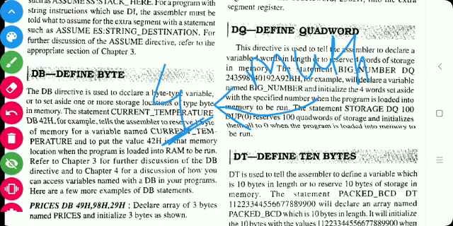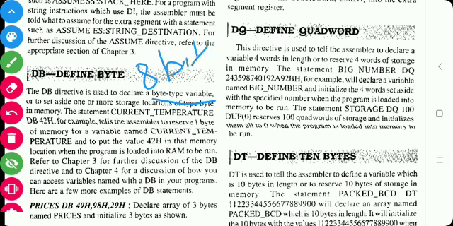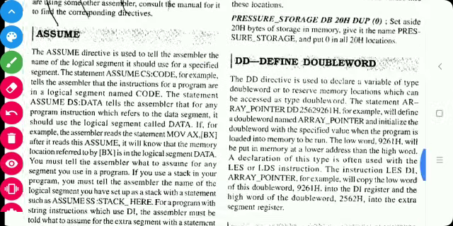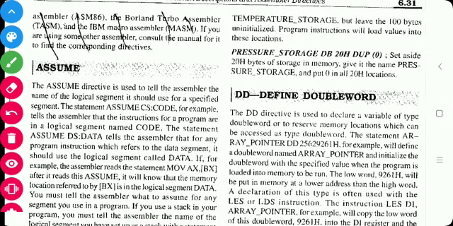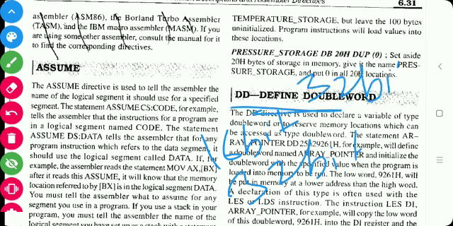It is used to declare a byte type of variable, meaning a variable of 8 bits. Then DD is define double word. As we know, a word is 16 bits, so a double word is 32 bits. So DD is used to define a variable of 32 bits.